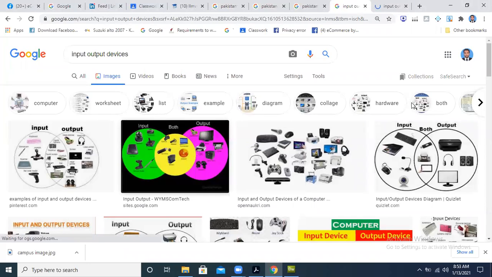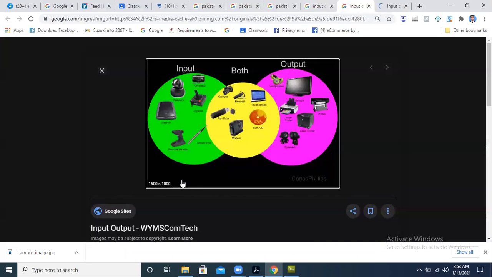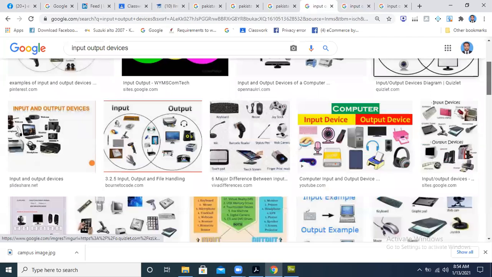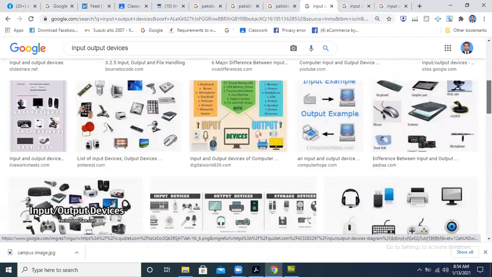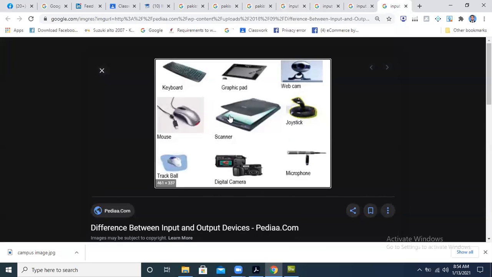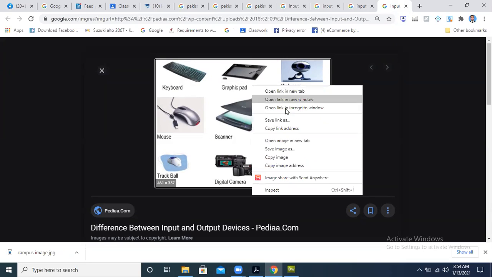Take this example or this example. Now let's suppose this is an image. I want to make this portion hyperlink to another page, this portion hyperlink to another page, and this portion hyperlink to another page. So basically, when you divide one image into some portions and each portion is linked to some different hyperlink, some different page. What is the objective?